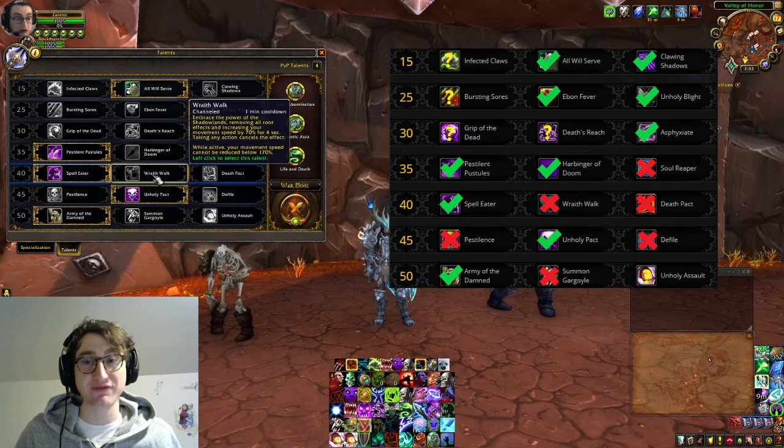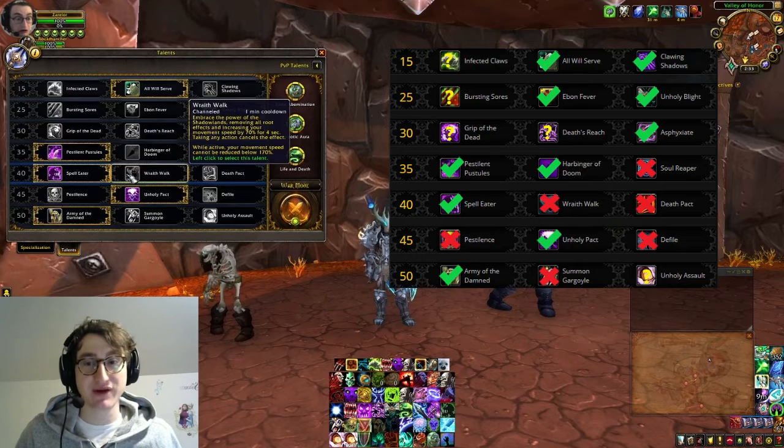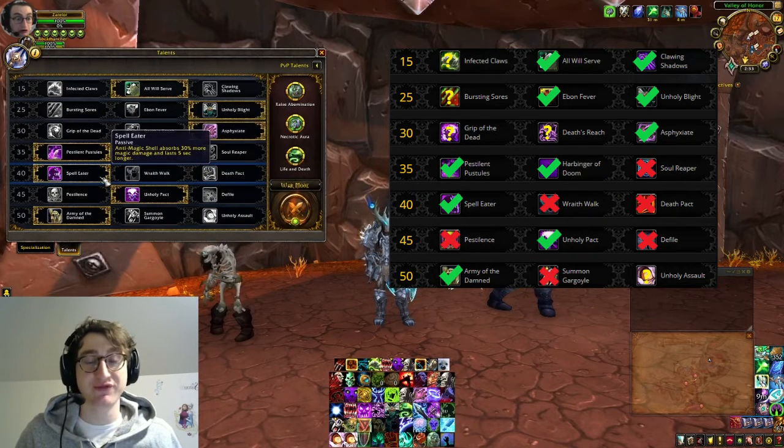I don't really find myself in need of the movement increase from Wraithwalk too often, especially if you're an engineer and you have rocket boots. In Battlegrounds, there's so many targets that you can often find someone to sit on. If one of your targets gets away, you just swap to someone else and you keep your damage up. Not that Wraithwalk or Death Pact are bad necessarily. Death Pact especially is pretty good in a bursty meta like this, especially if you're solo and you can't rely on a healer. But it's just with all of the spell cleaves out there right now, all of the Shadow